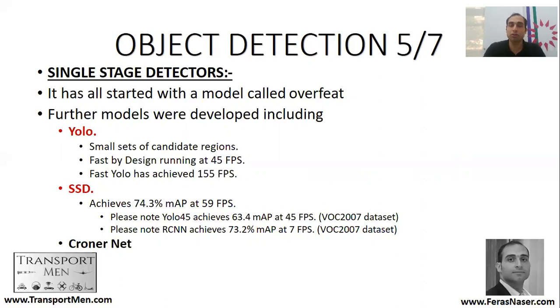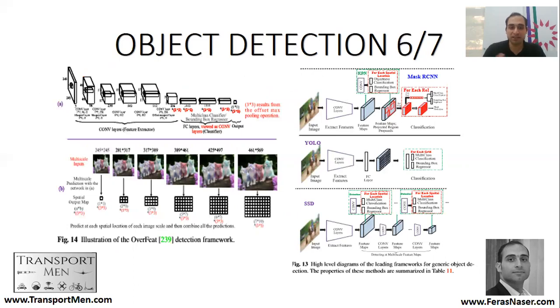The focus of this talk is that I have applied YOLO, SSD, and Mask RCNN in different railway environments to give a feel to future researchers, current university researchers, or people who are working in industry, of what these models see and how we can improve them to the interest of the railway industry. So this is the OverFeat model, and you can see on the right-hand side how the models are developing between Mask RCNN, then YOLO and SSD.